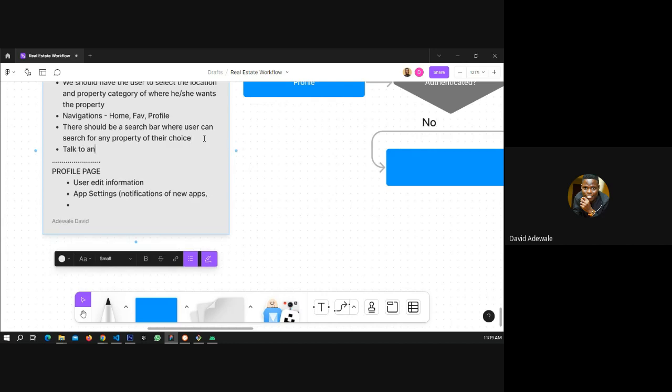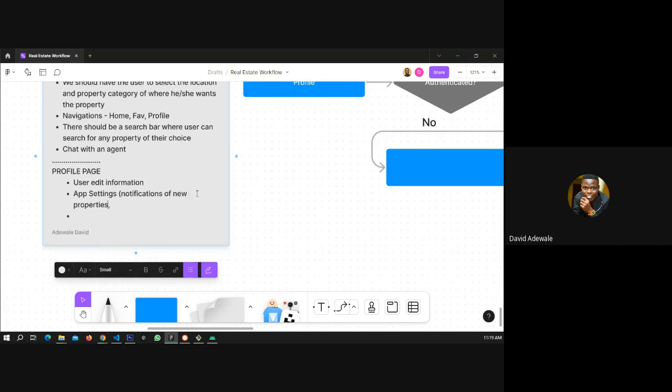Or probably chat. I think chat would be better. Okay. Chat with an agent. So notification of new properties. Then what else? So user edit information should be